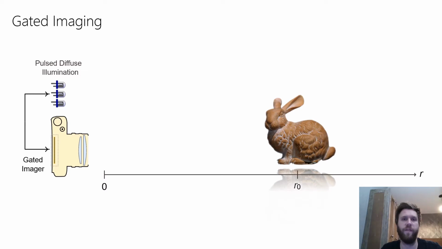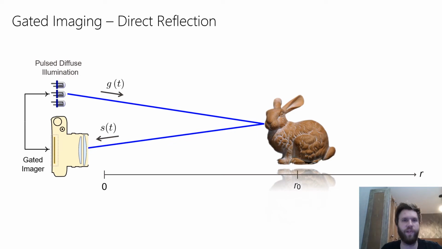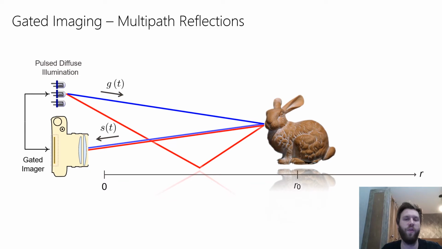Now, let us consider an active time-of-flight imager, which sends out a signal G. So if we only have a direct path, such as the one shown here in blue, then we can calculate the depths by measuring the round-trip time of photons or pulses of photons that travel along this path using the incident signal S on the sensor. However, for realistic scenes, the incoming signal S does not only contain a direct path, but a superposition of delayed and attenuated reflections along direct and indirect path, such as the red one here, reflected off the street surface in this case,